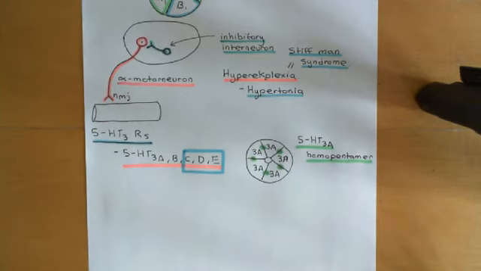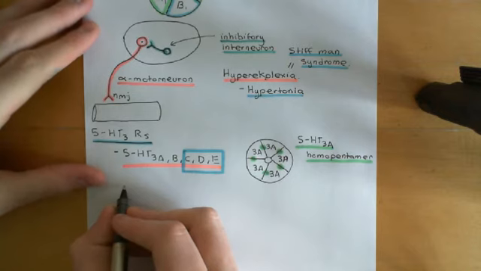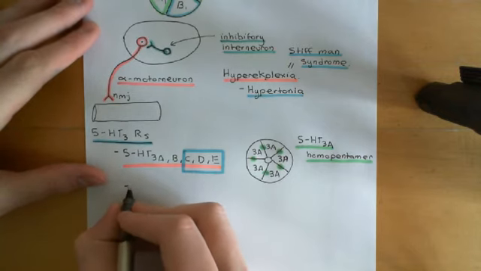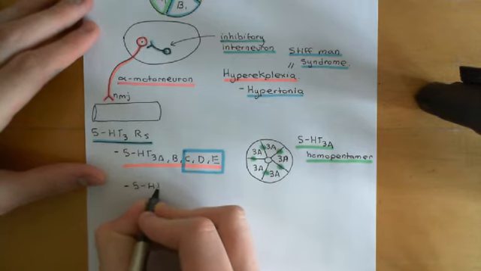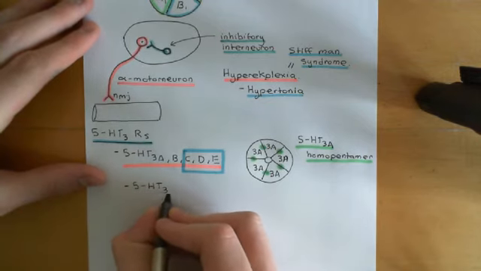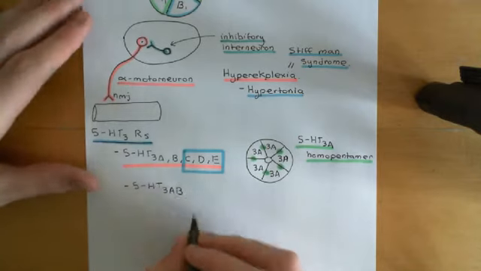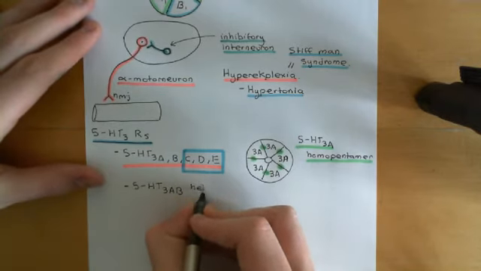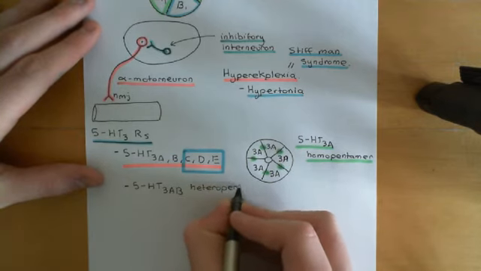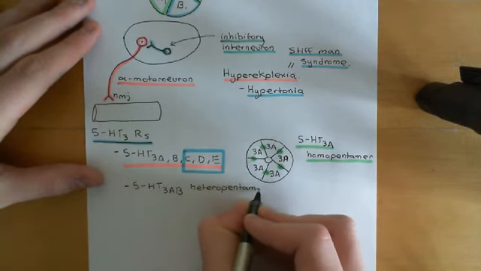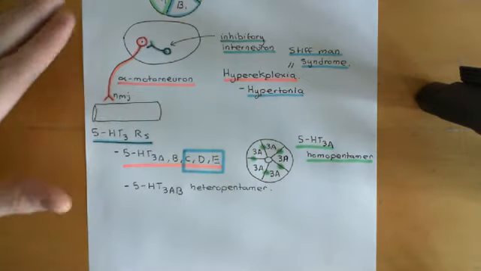Now, the 5-HT3A homopentamer is not the only type of 5-HT3 pentamer that we know exists. We also know that a heteropentamer exists, but very little is known about this heteropentamer. So there's a heteropentamer called the 5-HT3AB heteropentamer. Basically in this heteropentamer you have 5-HT3A and 5-HT3B subunits,